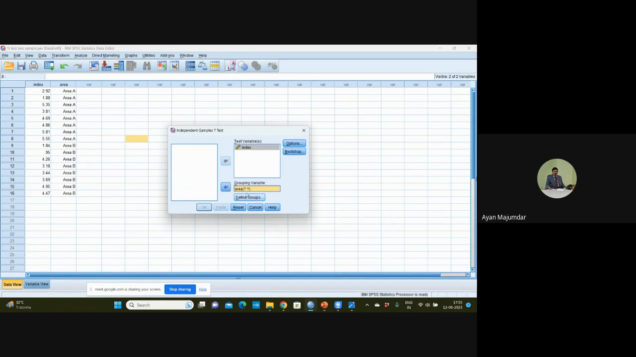Here we have two question marks given. You click on Define Groups. Group 1, that is area A, we have denoted with 1, and group 2, that is area B, we have denoted with 2. Continue. Check the options. By default it is 95% level. We are testing it at 95% level only, so we need not change anything. Continue. Once it is done,